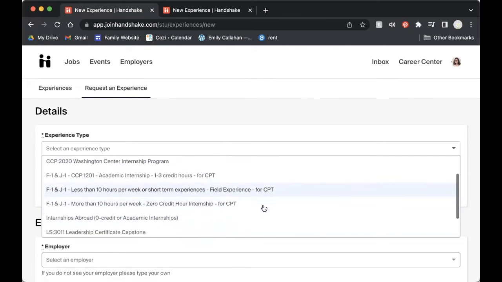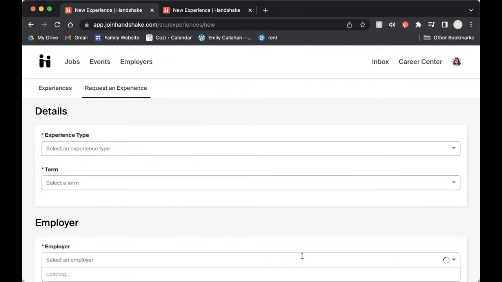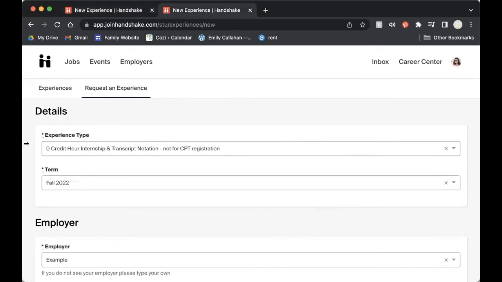There are some other forms for different programs and departments as well. If you want to discuss which option is best for your situation, do not hesitate to reach out to your academic advisor or career coach, or to read about the different courses at the Registering Your Internship page on the Pomerantz Career Center website. So I've gone ahead and filled out this form just to work as an example, but